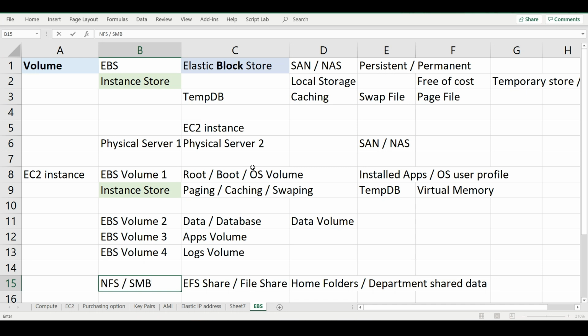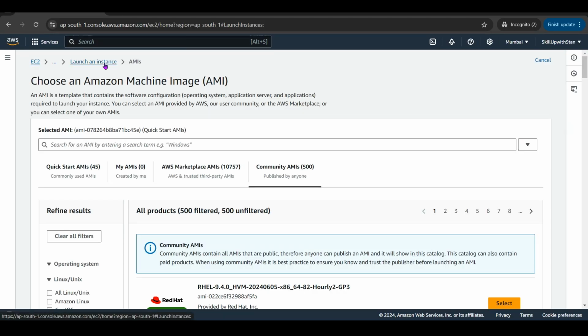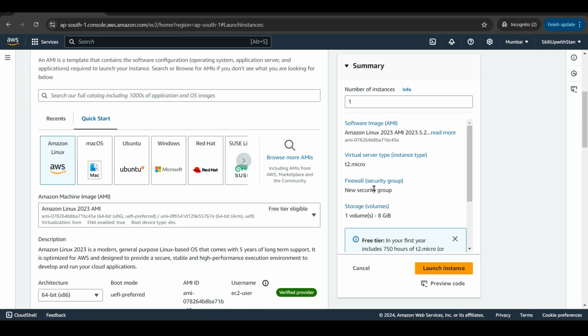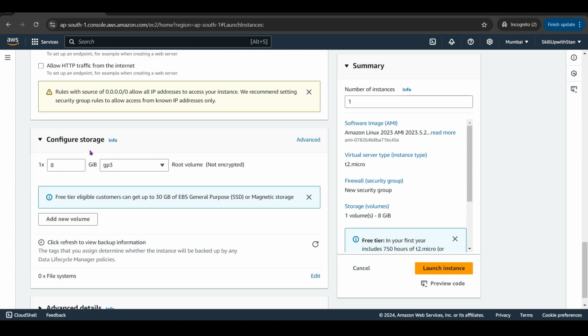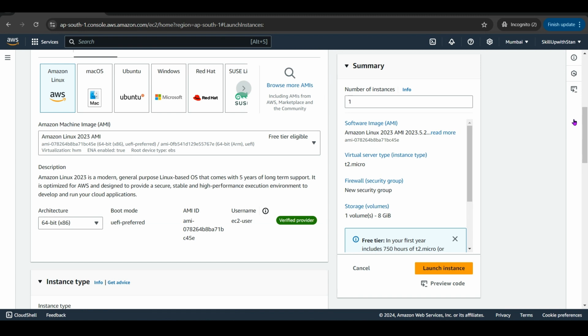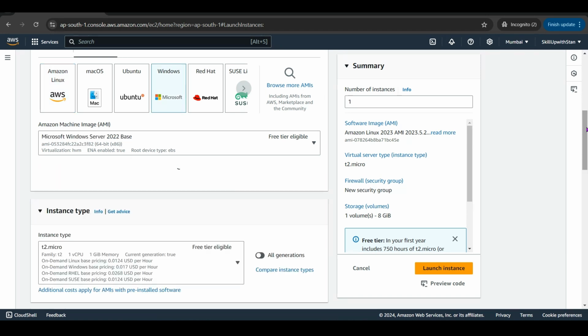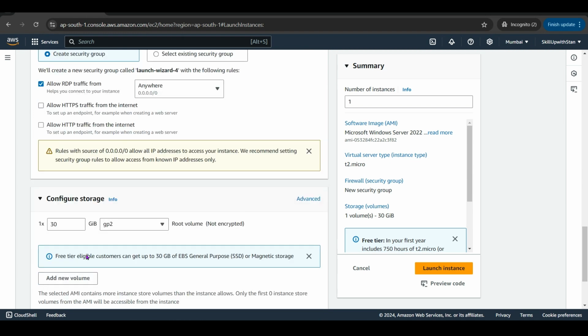So now let's go and have some systems created. See, when I go and create a new system, it gets launched with the default OS volume. So if you look at the options here, you'll get a default 8 GB if it is a Linux. If I choose Microsoft Windows, there are a lot of programs and apps that get automatically pre-installed in the Microsoft Windows operating system. They give you 30 GB. So when you talk about free tier eligibility, 30 GB is free of cost for either